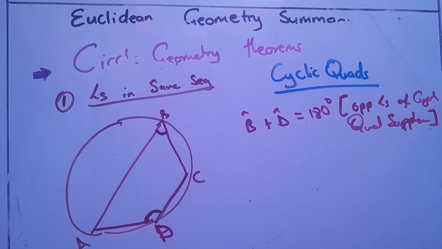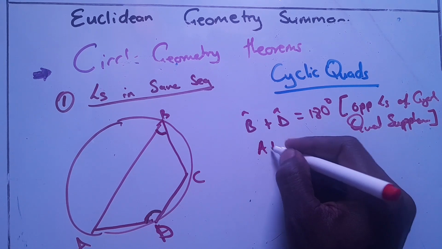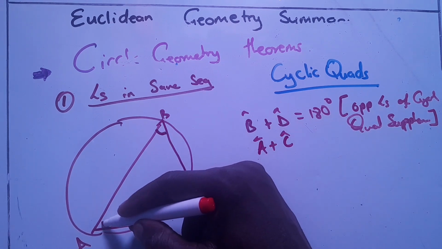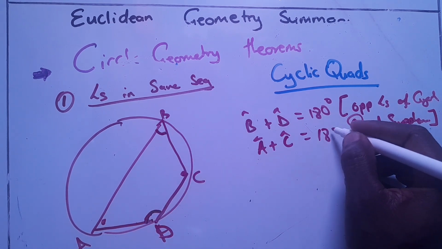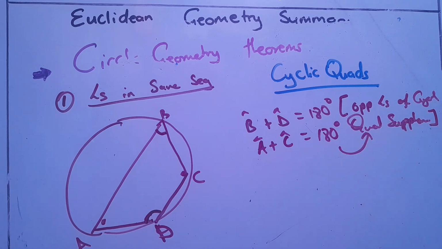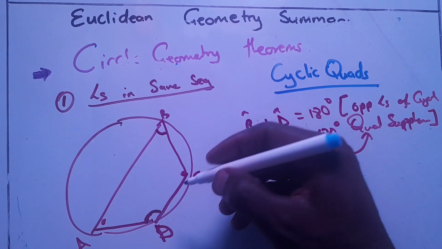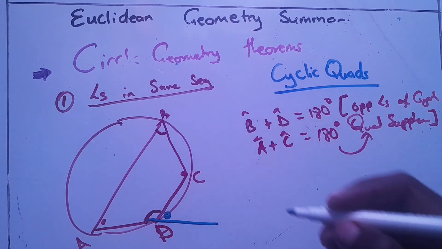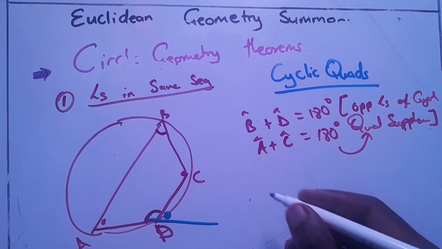We already talked about what is supplementary, right? And it will also mean that our A plus our C, because this C is opposite to this A, also equals 180 degrees for the same reason, right? And also, if we extend a line outside here, this angle is called the exterior angle of